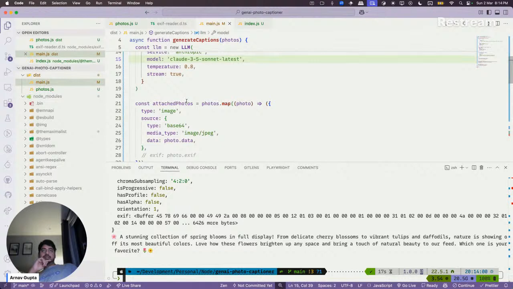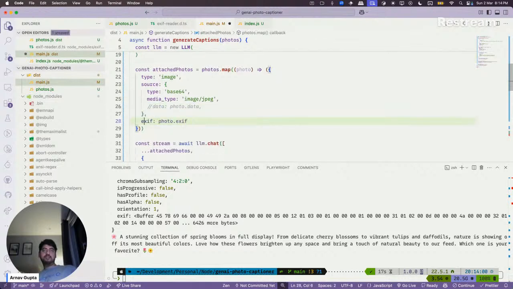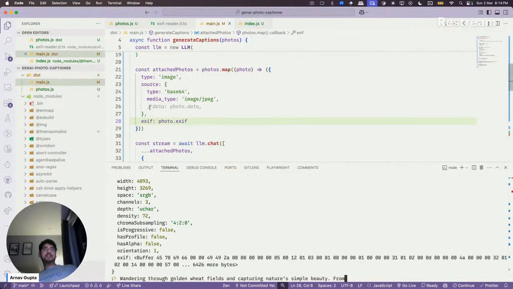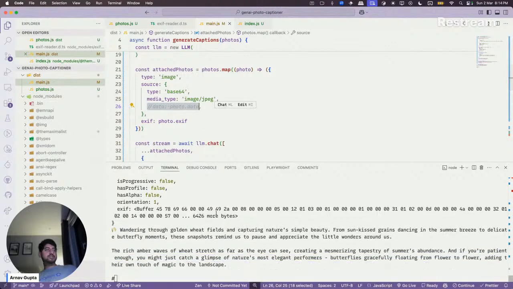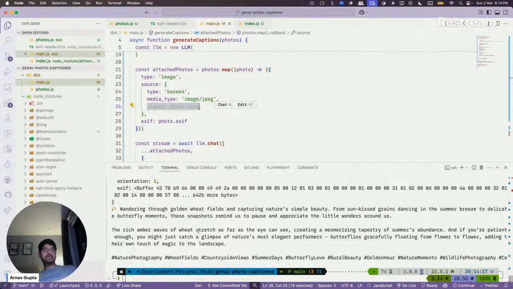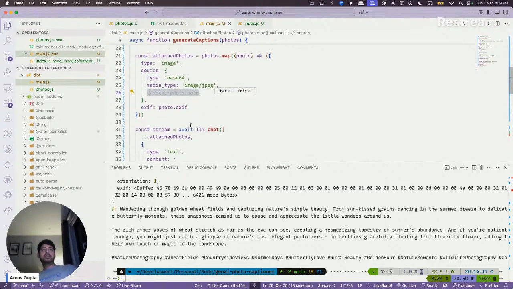Yeah, this is definitely not useful, but in fact, the EXIF is more useful though. It can actually generate something about the place. I'll try to figure out how to send the base64 data. Better.